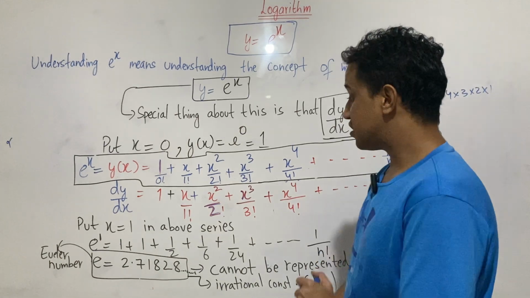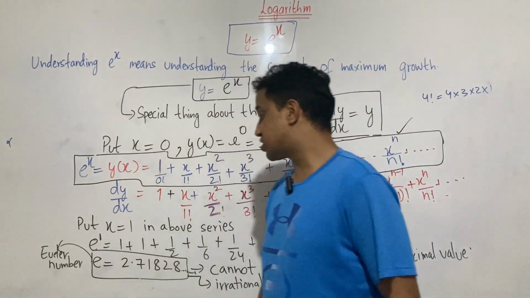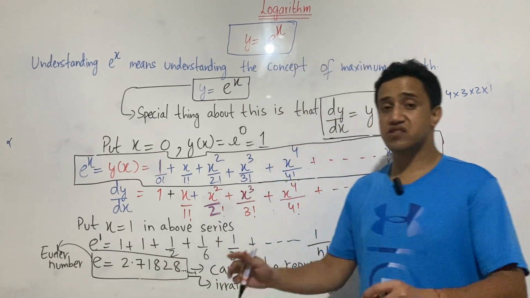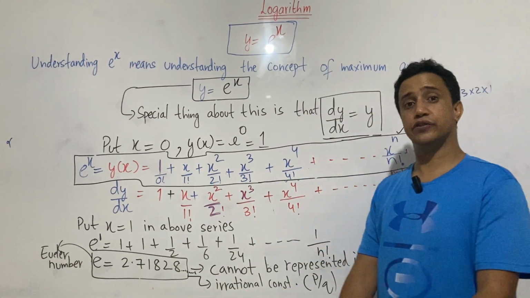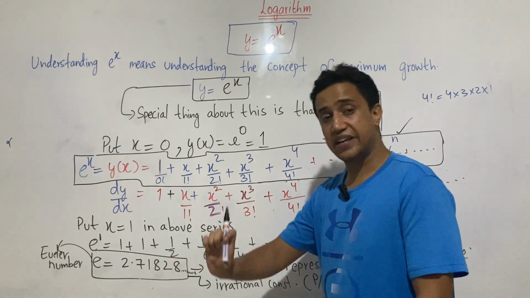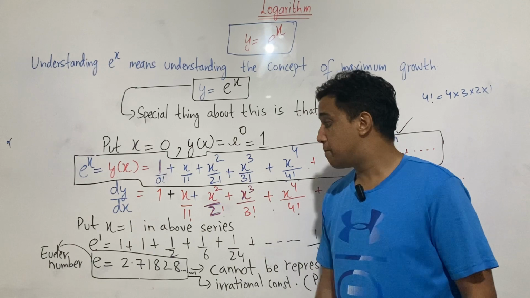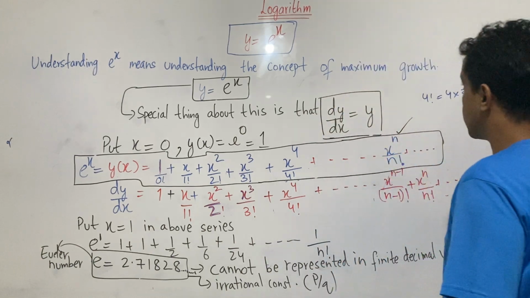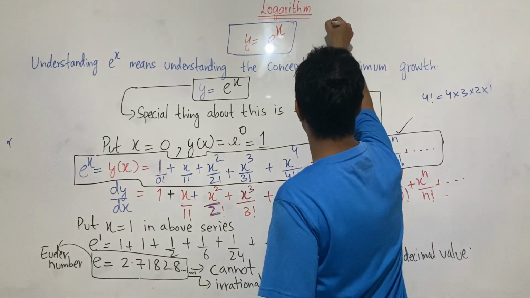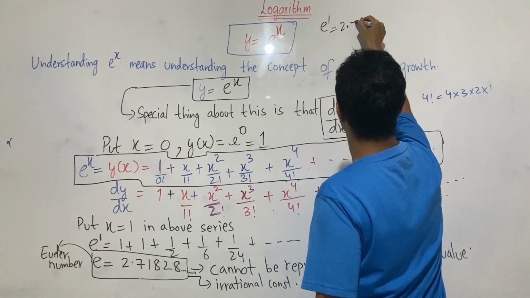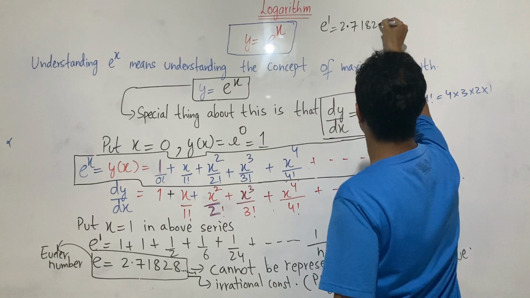This is a magic number because this is the maximum growth when something grows continuously. So I can say here e to the 1 equals 2.71828